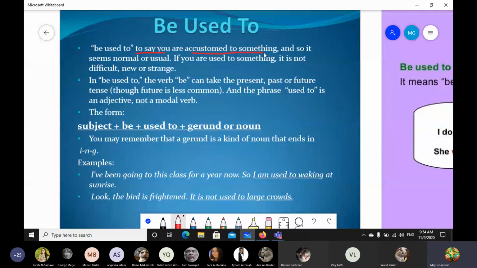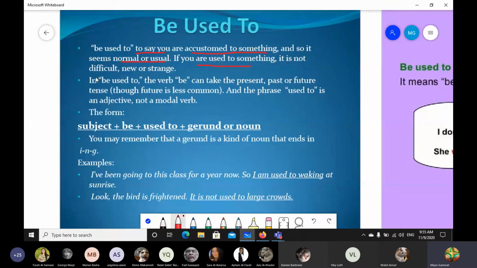Accustomed to something. لما أنا أحكي accustomed to معناته إشي أنا بعرفه إشي أنا متعود عليه تمام and so it seems normal or usual يعني إشي طبيعي أنا بمارسه أنا بعرفه أنا متعود عليه accustomed to this is the main word this is the key word for be used to